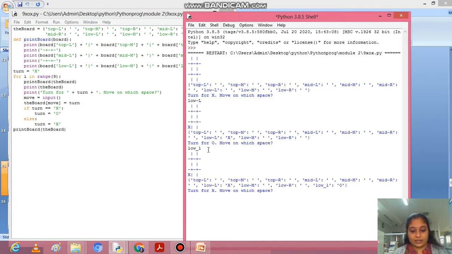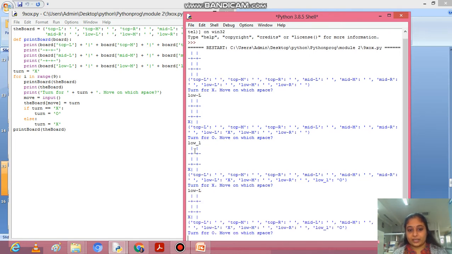Sorry, I have missed low L. So O couldn't print at the value low L, since it was small. I'll give L properly, then it prints with X. Low L was already printed with X, so it retains the same.